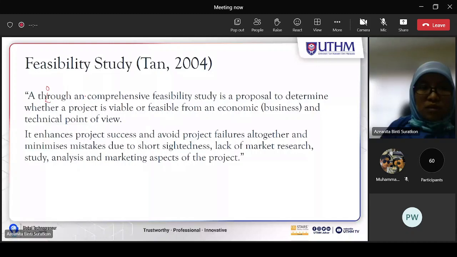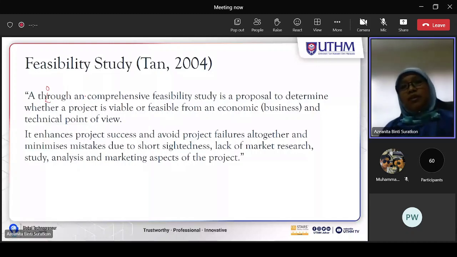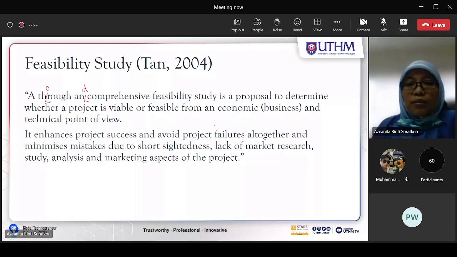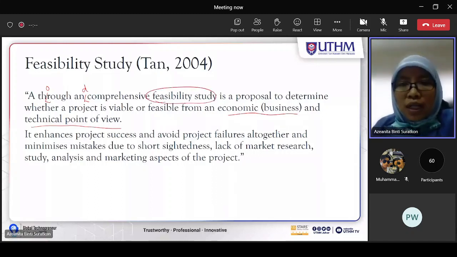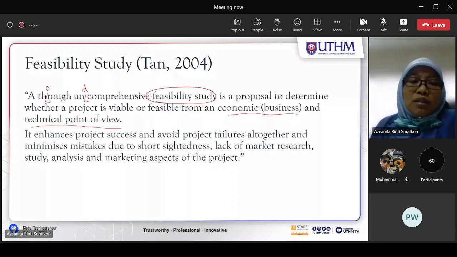A thorough and comprehensive feasibility study is a proposal to determine whether a project is viable or feasible from an economic point of view, in terms of business and technical point of view. So we're talking about the feasibility study. Will this project give good profit to the client? Okay. In terms of technical point, whether the project